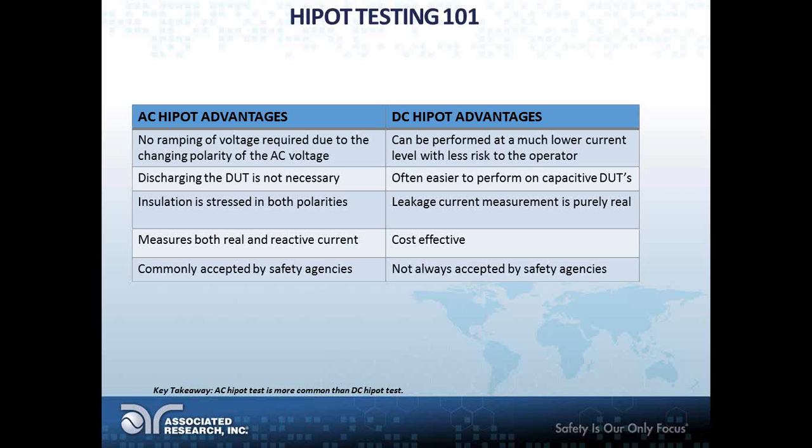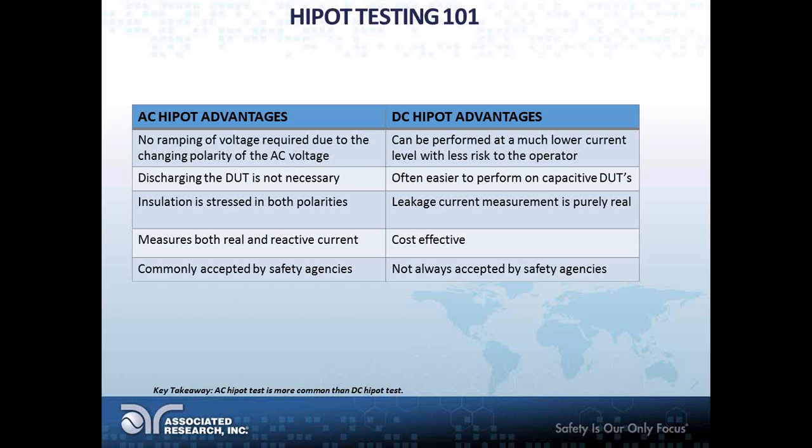Also, insulation will be stressed in both polarities. We know that the AC voltage swings back and forth between positive and negative, so it stresses the insulation in both polarities. AC Hipot measures real and reactive current, as we just covered, and also AC Hipot is more commonly accepted by safety agencies,